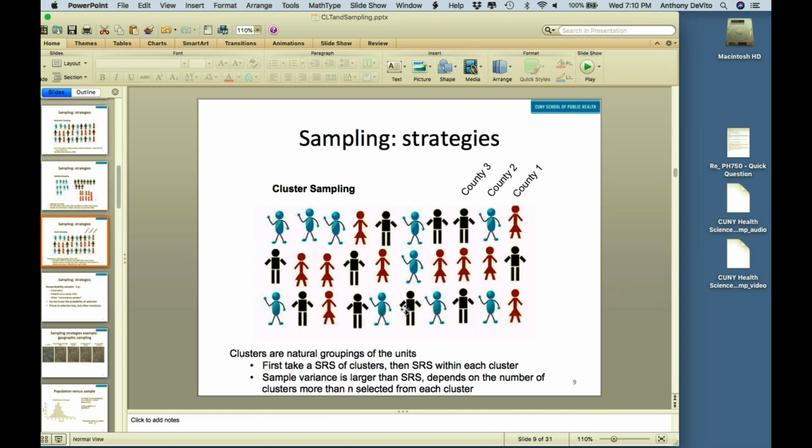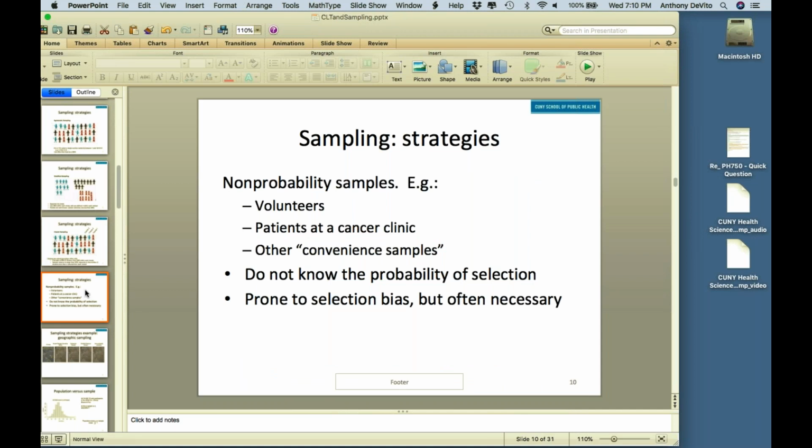Natural groupings are cluster sampling. Natural groupings like country one, country two. It's basically what I just did with the idea of the boroughs and so on. Okay, so